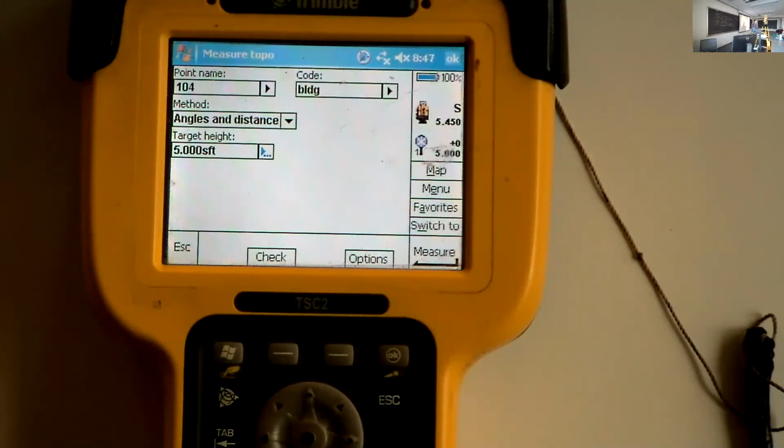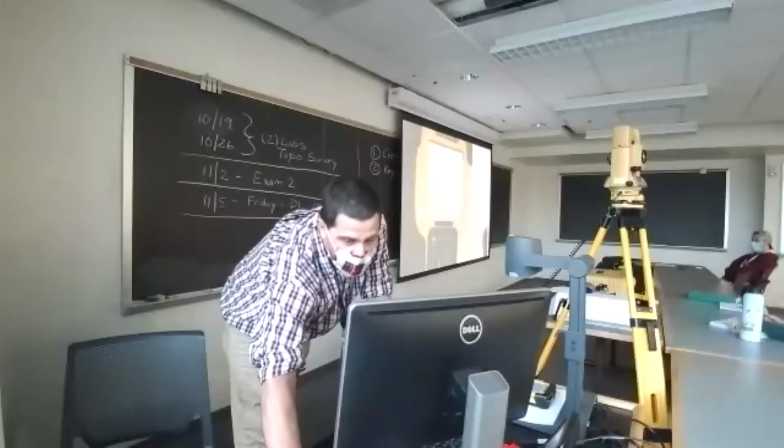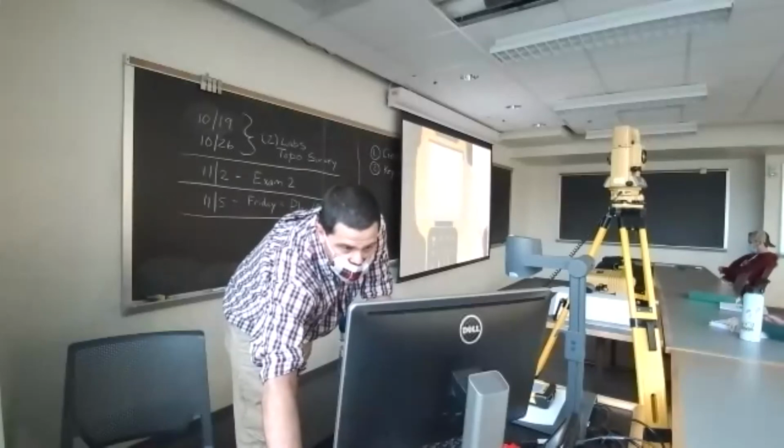What's the target one? Is that the same? Rod height. Rod height and target height are the same thing. It's the height of the prism on the pole. And it says right on the side of the rod what it is. Okay. Everybody good? All right, I'm going to stop there. Reason I'm going to stop there is because we're going to have time